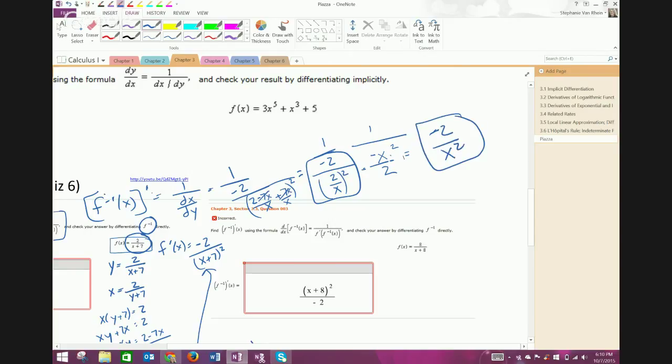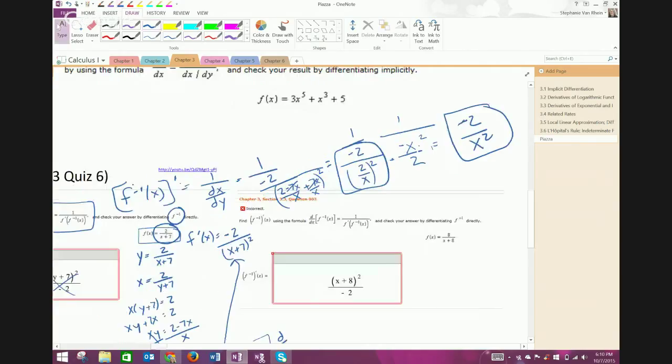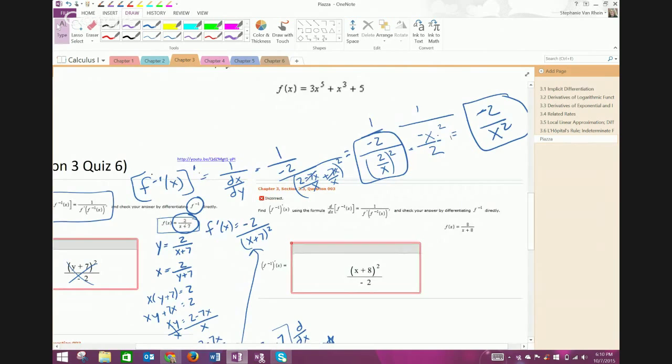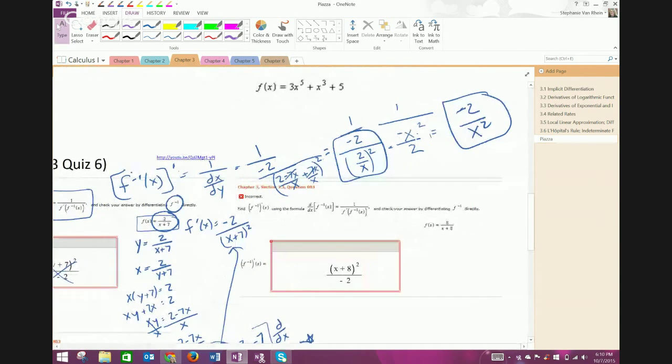So the algebra is ugly, but we can go through and find the inverse of the function. We could also take the derivative of the function and just replace